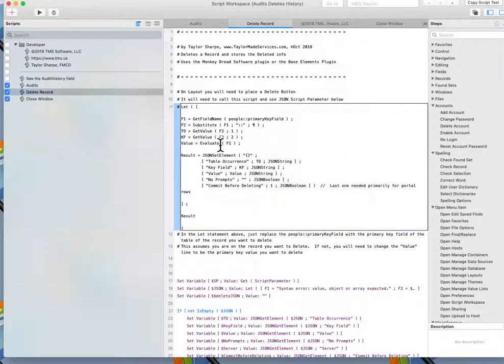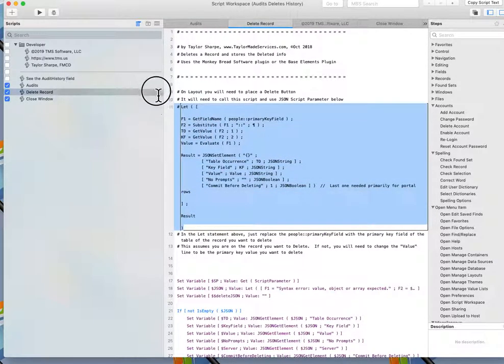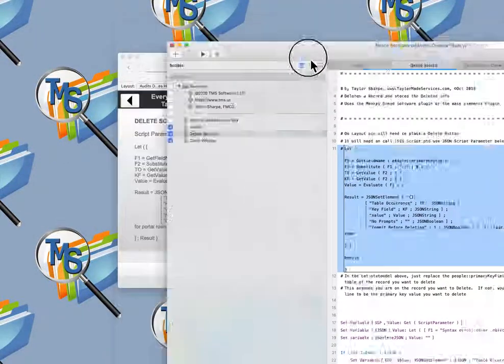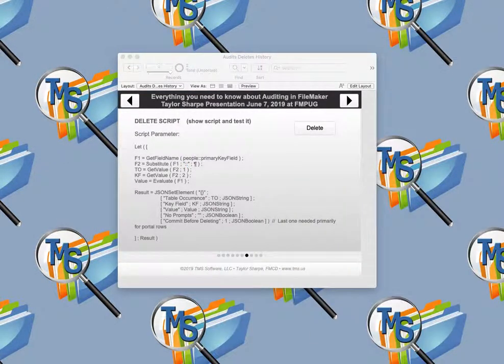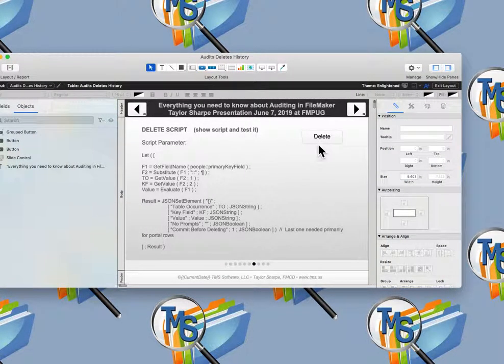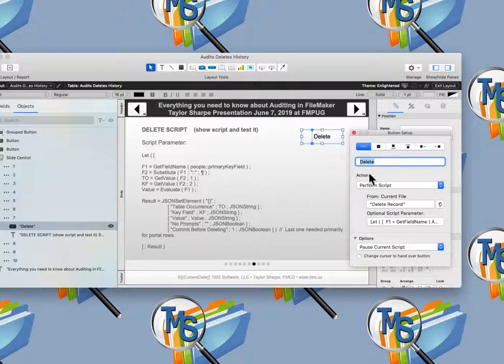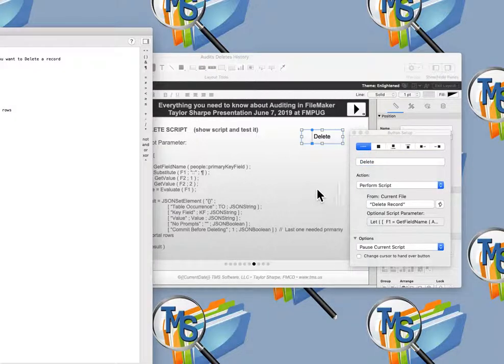And right up front it gives you the example of what you would put in the script parameter of a button or other script that you want to make a delete. So in the case of the situation that we have over here, we have a delete button. If we go to our layout mode, we can click on the button. We can come up and see it runs the delete record script that we just looked at, and then it